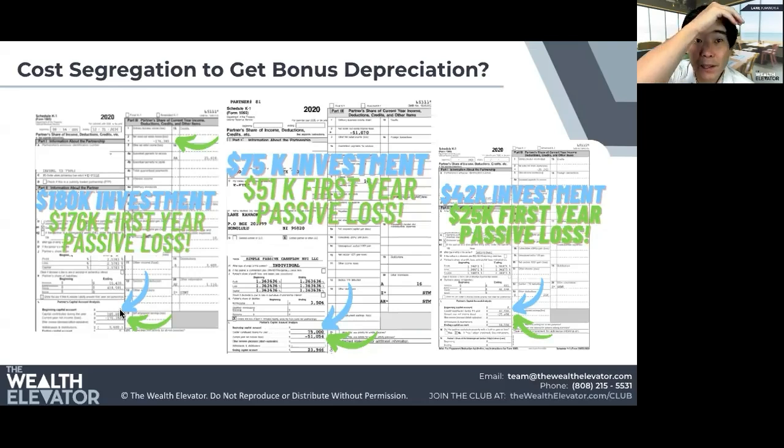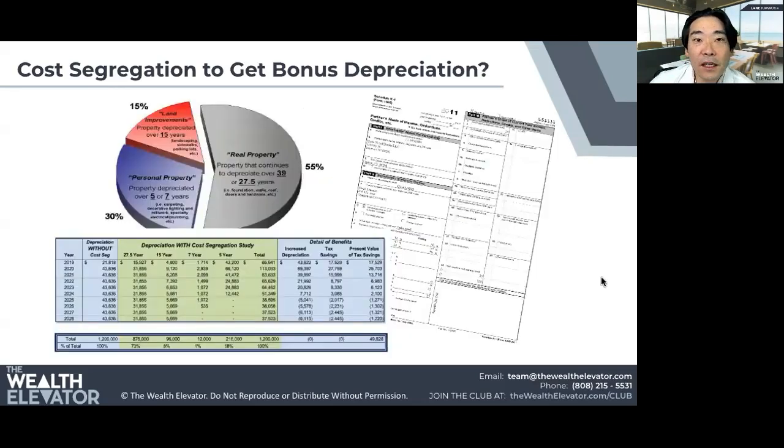I don't know if I made any money that first year because usually the first years are pretty slow, especially in value add plans. But I was able to take that and pool it with my other passive losses to use elsewhere. Not going to get into the nitty gritty here, but this is a visual of what's going on in these cost segregation studies. Again, the general rule of thumb is you can take about a third of the entire asset's depreciation schedule in the first year, and then the rest trickles out over the next 5 to 10 years, is the way of thinking about it.